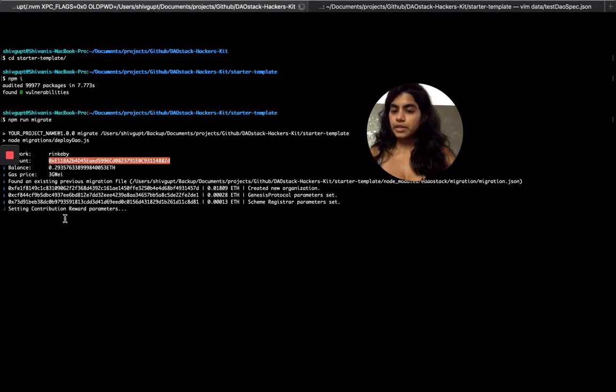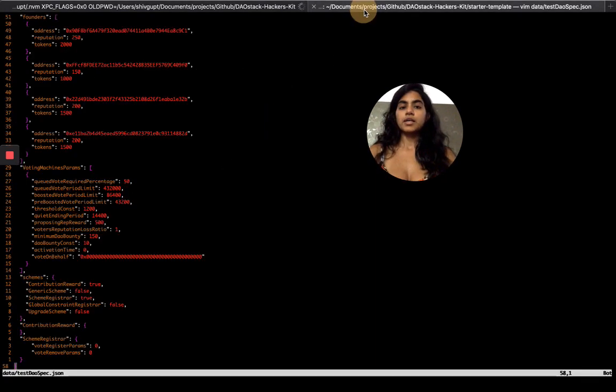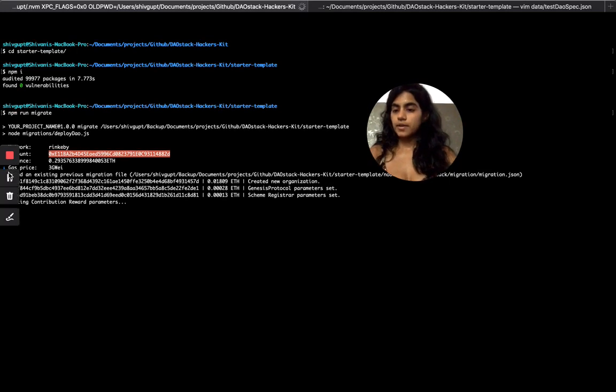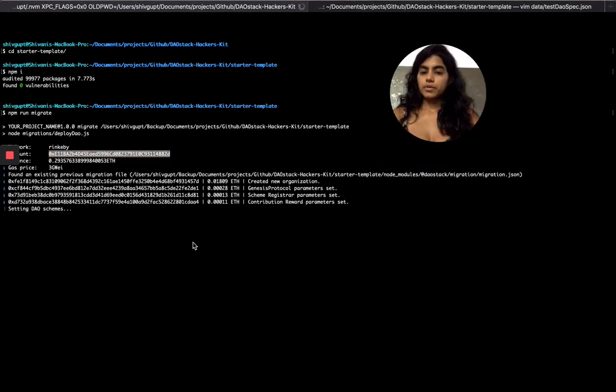Alright, and last, it is setting up the contribution reward parameters. As you can see, I've not really mentioned any parameters here, but if there's nothing mentioned, it's going to use again the voting for contribution reward to be the same as the 0th index in the voting machine params. Alright, so